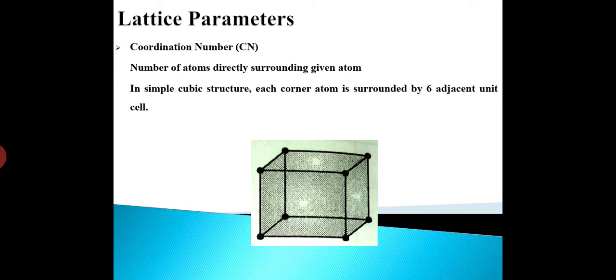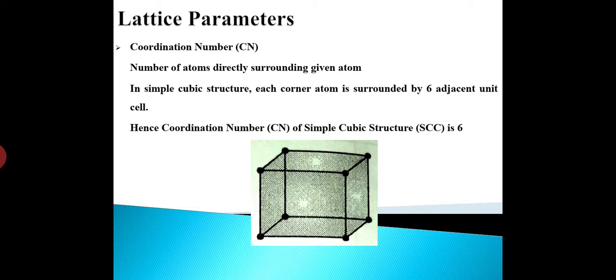First, in the simple cubic structure we know that there are a total of 8 atoms, as shown in the figure. We use a trick: of these 8 atoms, we consider one of the atoms as the central atom, and one atom is very far away. So minus this central and far atom, we get 6 as the coordination number for the simple cubic structure.